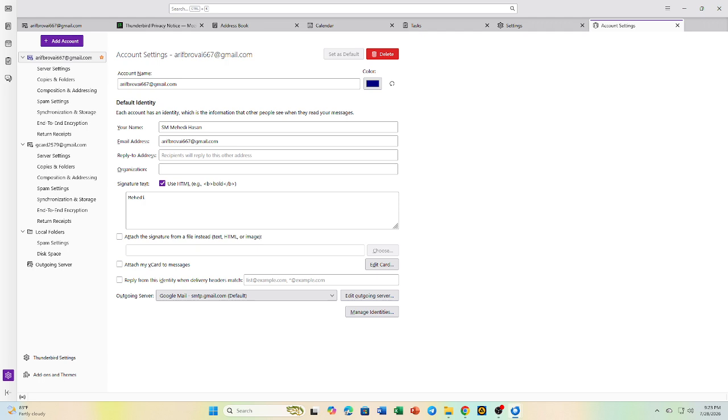And that's how to change the default email account in Mozilla Thunderbird. Setting the correct default account can make managing multiple email addresses much easier and help prevent messages from being sent